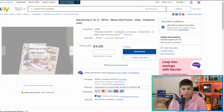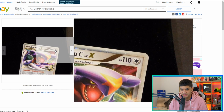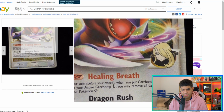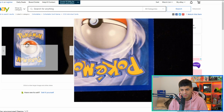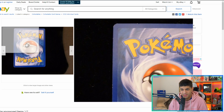Moving on, we got Garchomp. Looks pretty decent condition. Can't see any edge wear on the edges. Let's have a look at the bottom. Bottom looks decent as well. Okay, that's pretty decent. So this is £4.50. Let's have a look at the back. There's a bit of edge wear on the back, unfortunately. Bottom corners on that right side, on all the corners to be fair. And there looks like there's a...